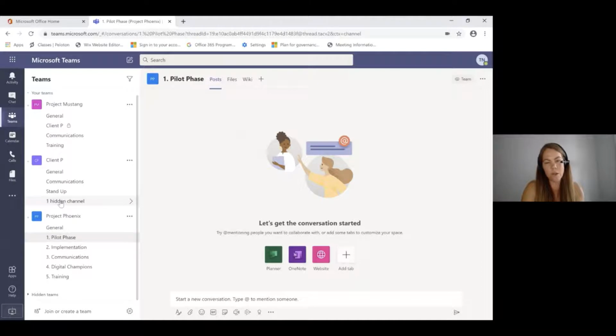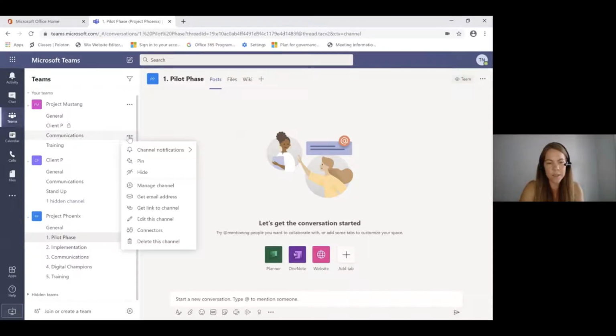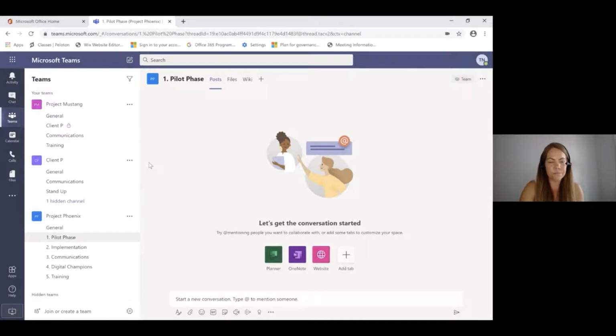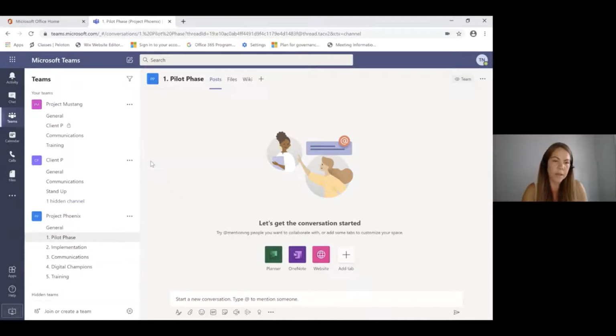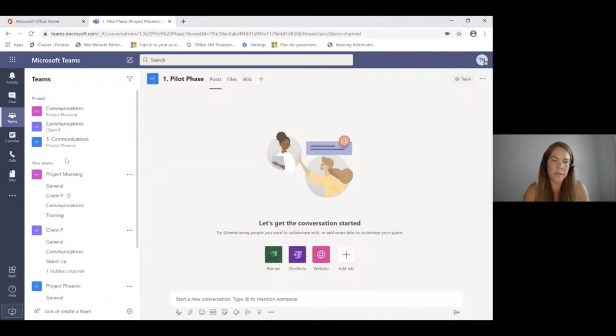What you can then do if you're only working in channels across various teams, you can pin the channels to the top. So I'm going to pin all the communications to the top of my Teams interface. And this one I'm going to pin. And the third one I'm going to pin here. It's a bit slow. It's probably because I've been moving around quite a lot. Let me see if that's worked. Yes. So if we look at the top now, I've pinned 3 communication channels